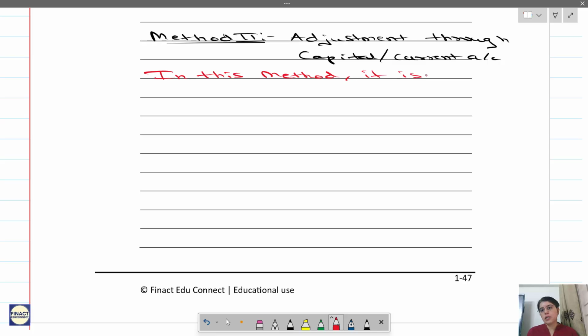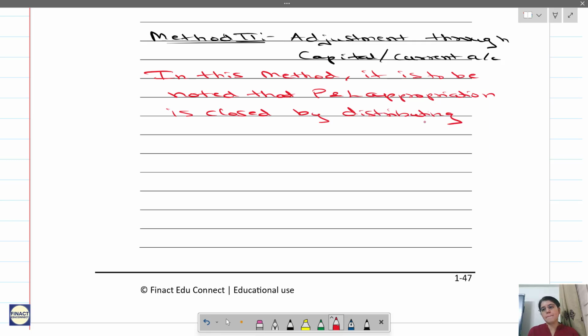It is to be noted that the P&L appropriation is closed by